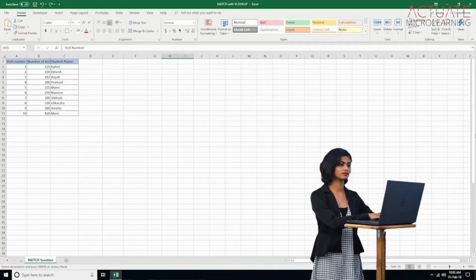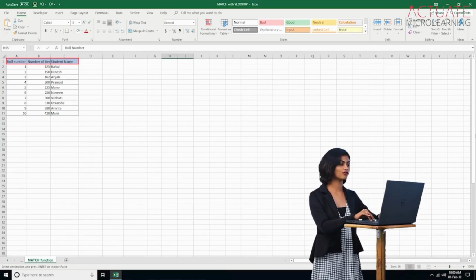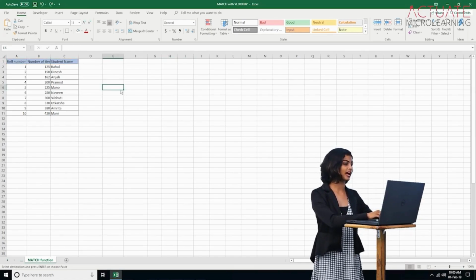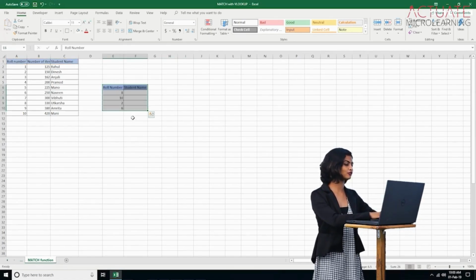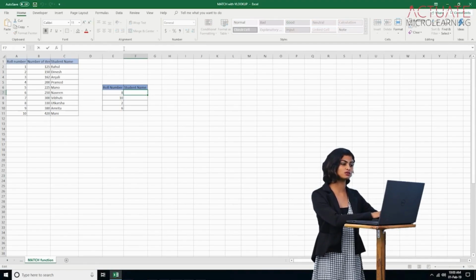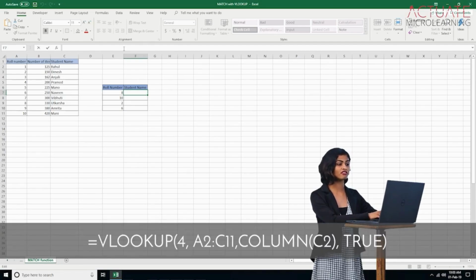Step 1. Create a table containing the data: roll number, name, and number of items. Step 2. Create a table that will contain the lookup and reference value, which is the roll number parameter. Step 3. In order to find the name of the student, we shall use the VLOOKUP function, given as